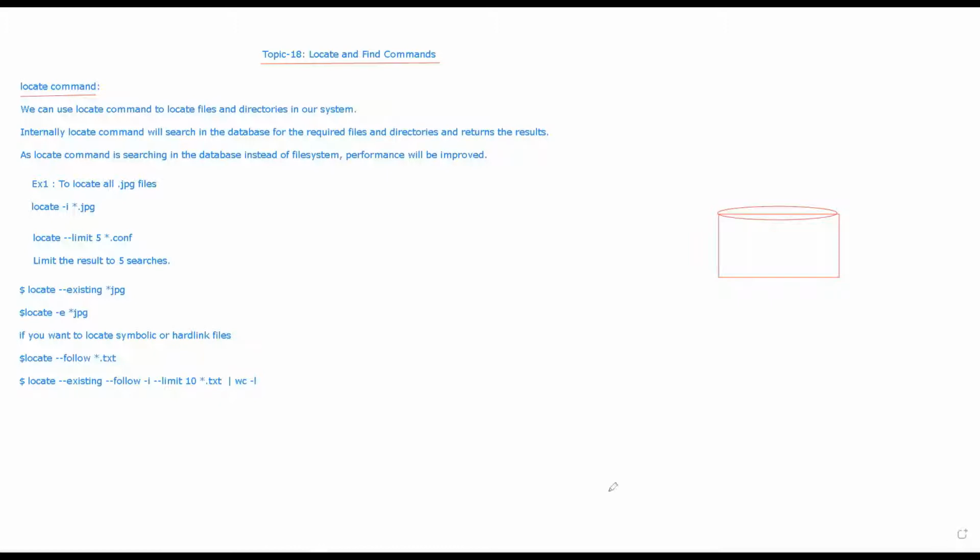So if I say locate -s, basically by using the -s option, you can see the database by using the locate command.